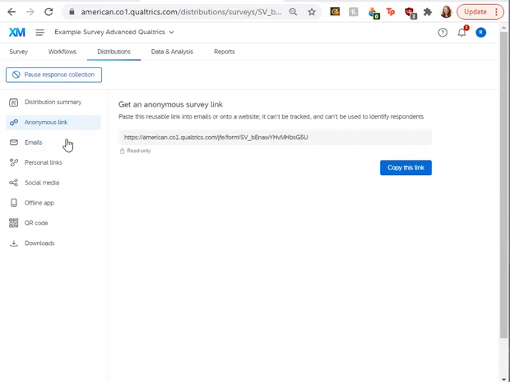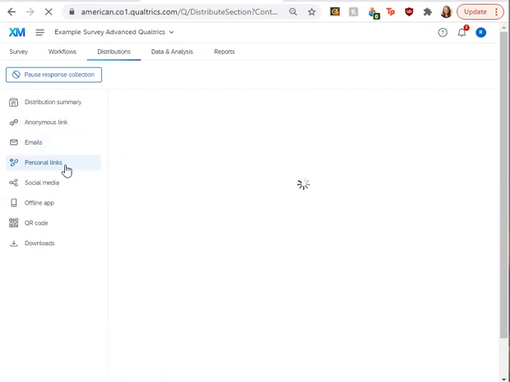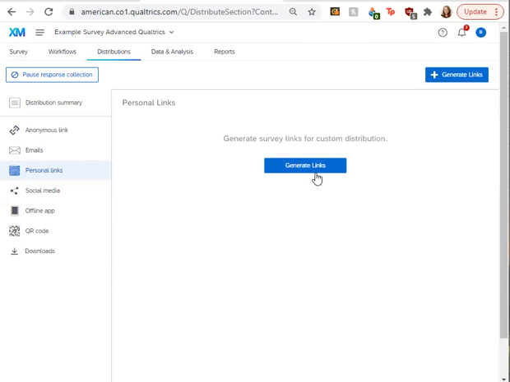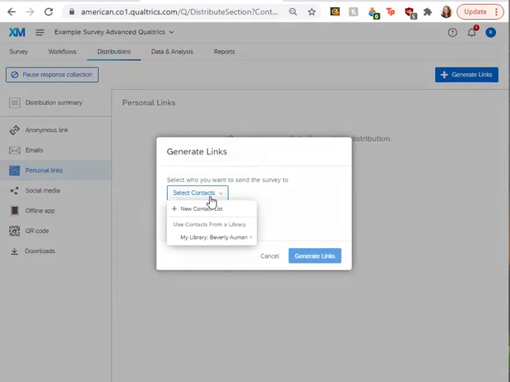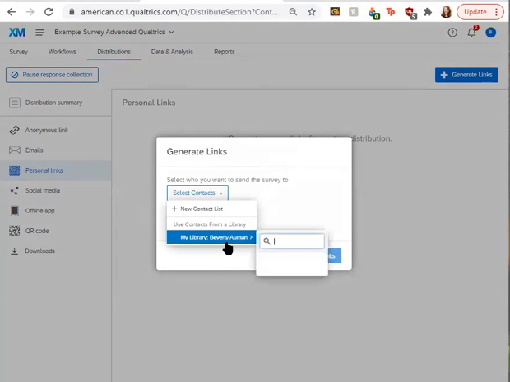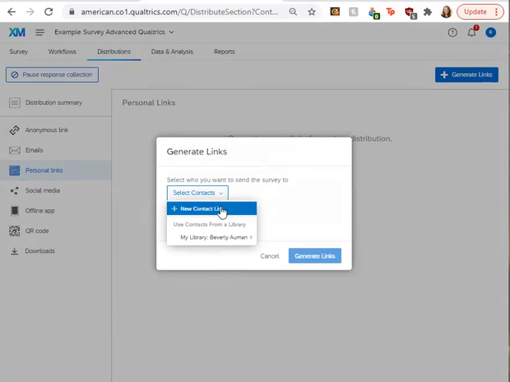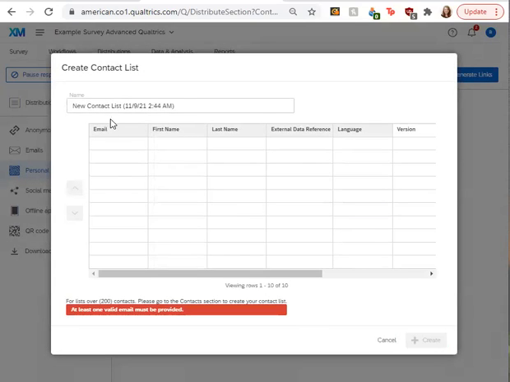And then in addition, you have the opposite of that, which is personal links. And if we select that, you can generate links for a custom distribution. We hit that, then you will select a contact list, either from a library where you've created one before, or you can make a new contact list and enter emails and first and last names.